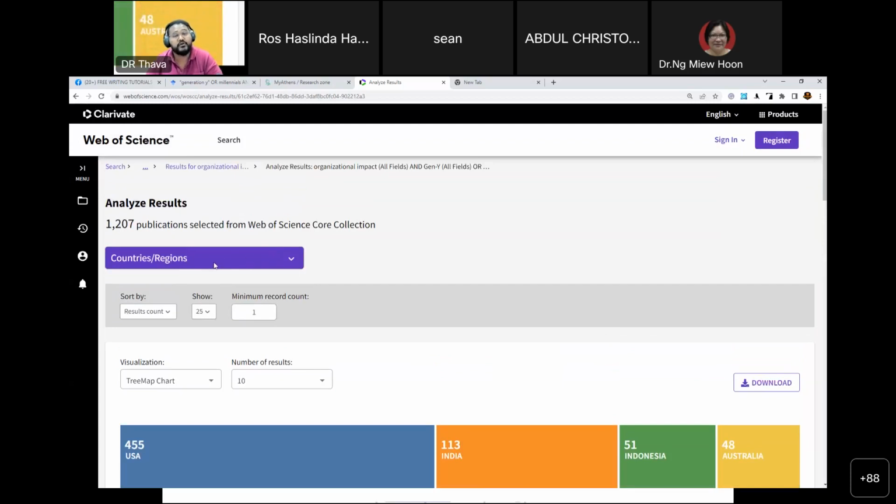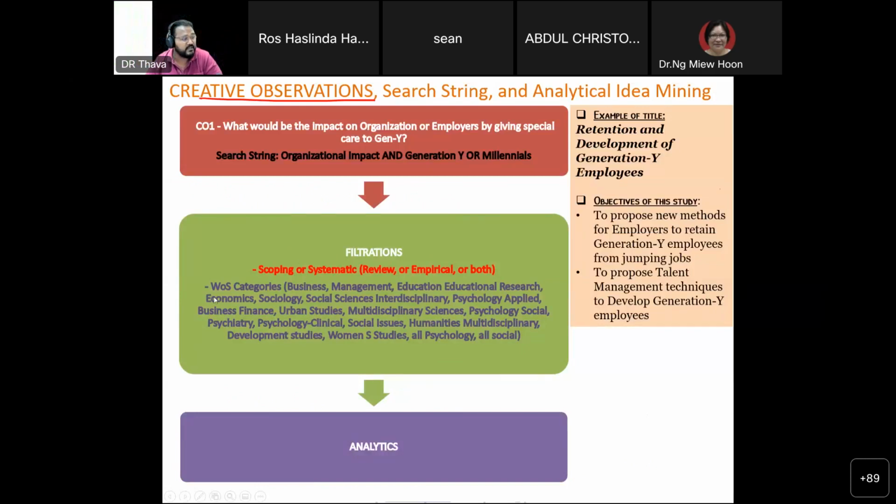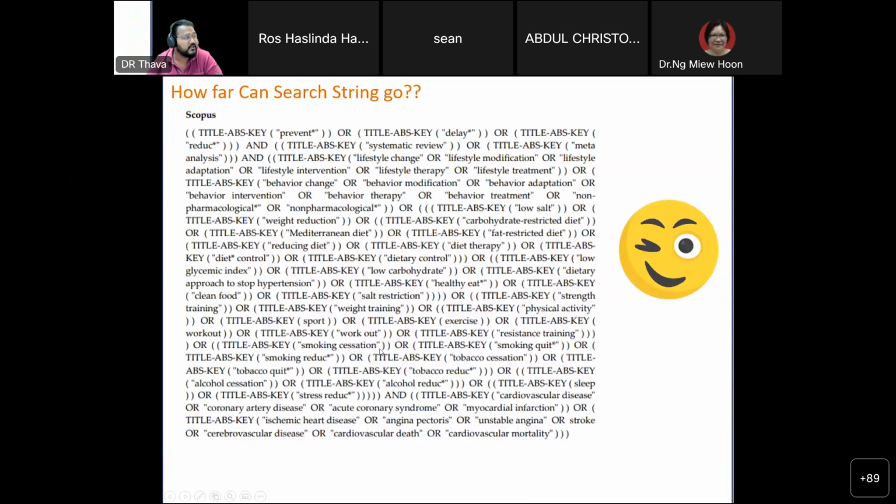And Google Scholar doesn't have it. Only Scopus and Web of Science have it. I think other indexing might have, like PubMed or ABDC, they might have, which I don't use. But I use Web of Science and Scopus. Google Scholar I use all the time, but it doesn't give me intelligent information. Okay? All right? So that is how it works. Now filtration, I explained how to filter. Analytics also I already explained. Those are the graphs I've shown you. So this whole thing is done.